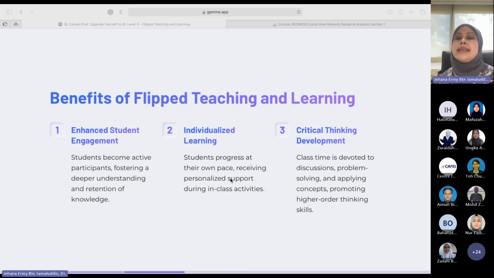Because they'll be fast learners, I understand that. And from there, the fast learners are just going to sit down and then think, when will my turn arrive? So that would be something that you need to remember. It's not a one size fits all, but the thing is that you're going to support everyone during the class activities. So flipped teaching and learning is more of the preparation that I've already talked about, and also what happens